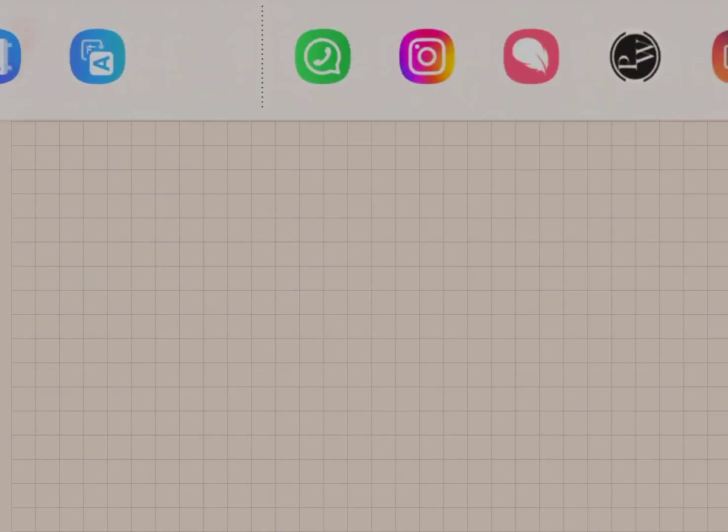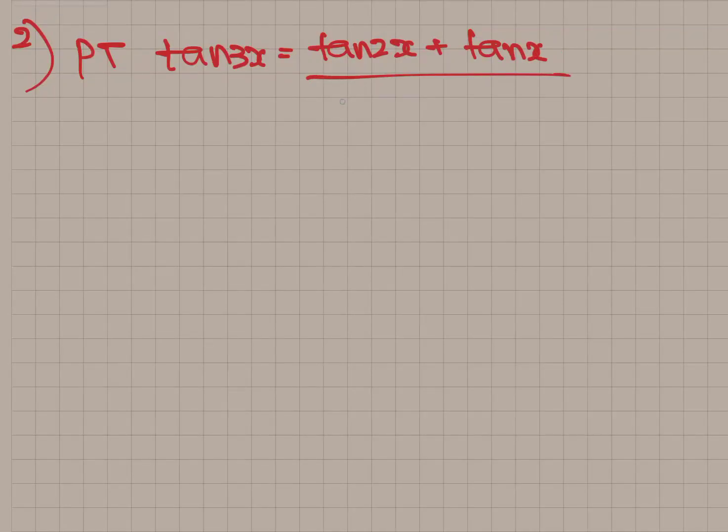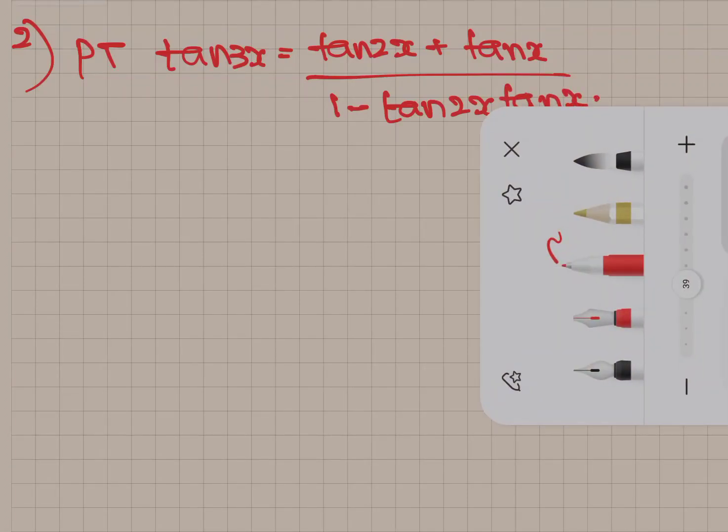In the second question, prove that tan 3x is equal to tan 2x plus tan x upon 1 minus tan 2x tan x. To solve this question,